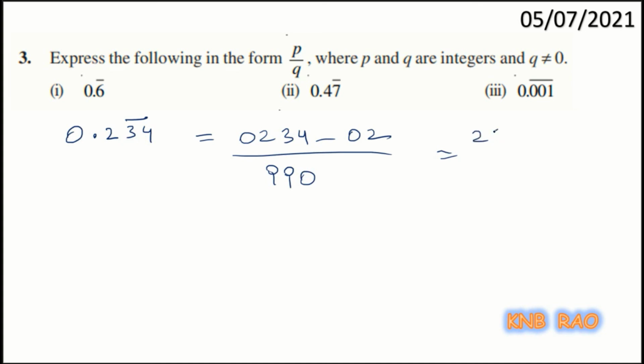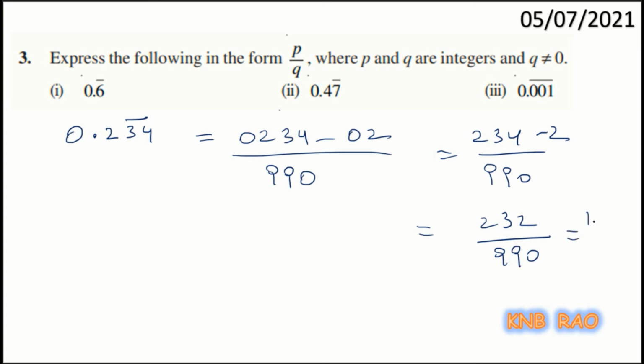So, 234 minus 2 by 990, it becomes 232 by 990, and by cancellation, dividing by 2,